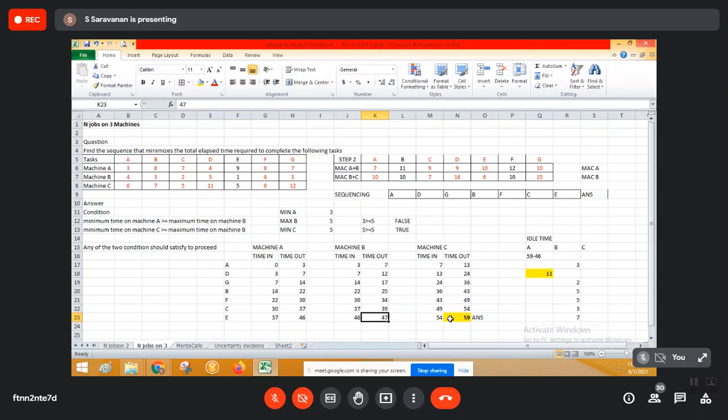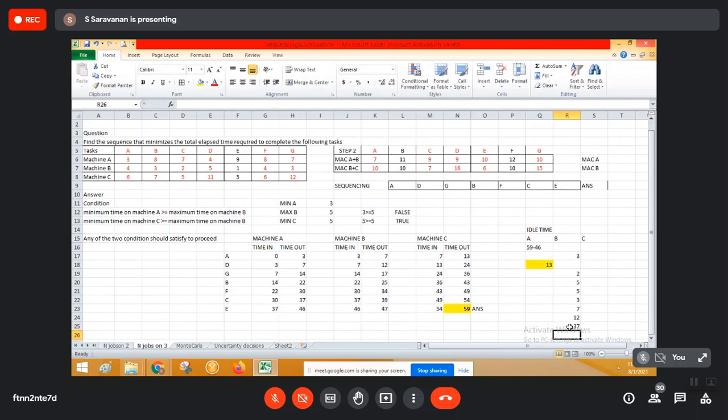And one more thing. After completing this activity at 47, up to 59 the machine is idle. So 59 minus 47, again there is a 12 minute idle time. So what is the machine idle time now here? Just check. The machine is idle for how many minutes? 13 minutes. So can you understand the idle time of machine B? Is there any confusion in understanding the machine B idle time?